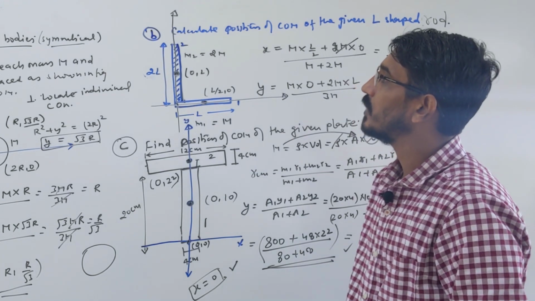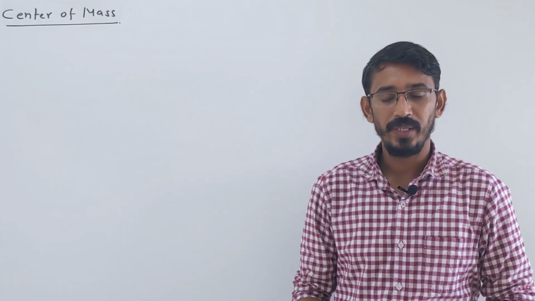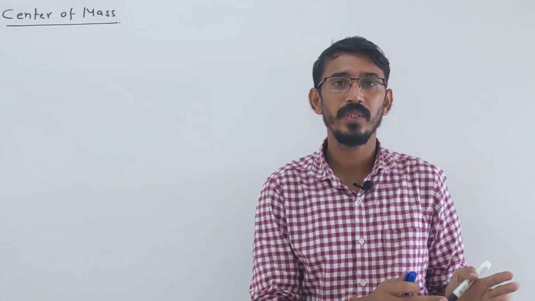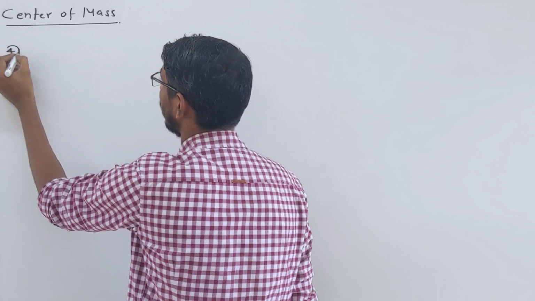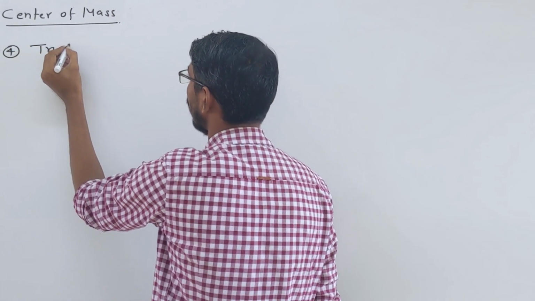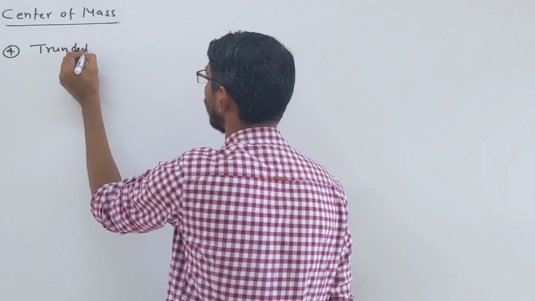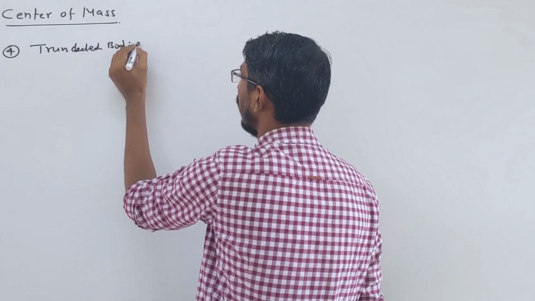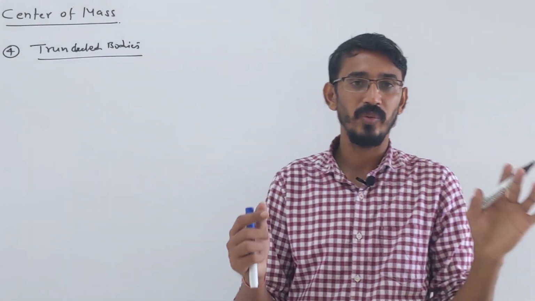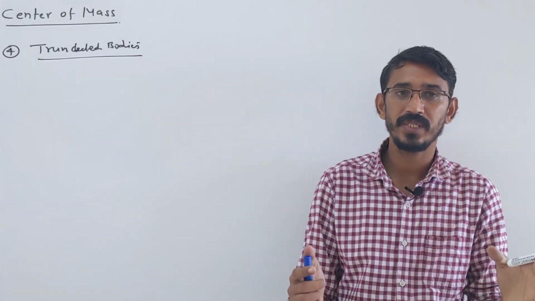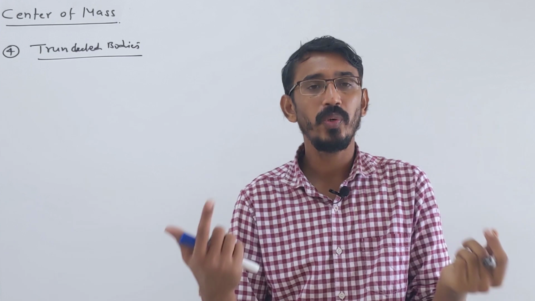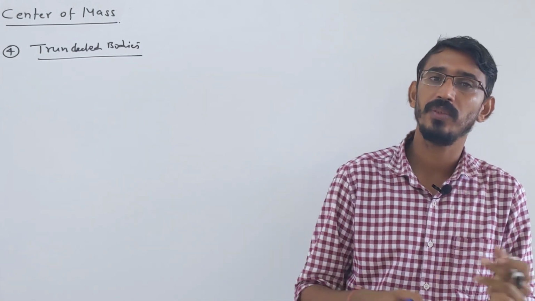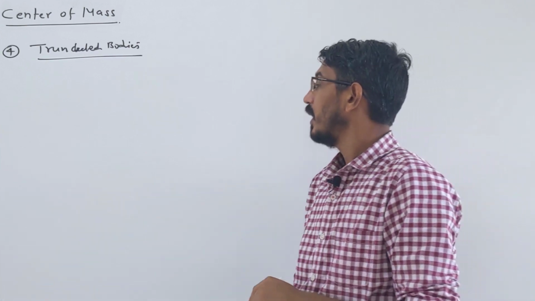So this is the third type of question, called composite bodies. We have done problems like this: vector problems, point masses, then composite bodies. Now the fourth type of question we are doing is called truncated bodies. Truncated bodies means a part of that body is cut and removed. It may be a disc or a sphere, and a part of it will be cut and removed. Then we have to calculate the new position of the center of mass, or the change in the position of the center of mass. Okay, let's see how we do it.